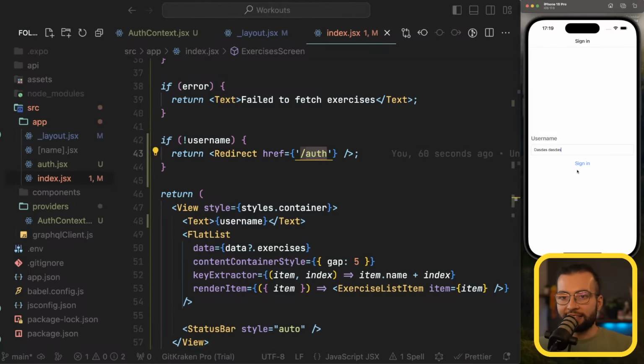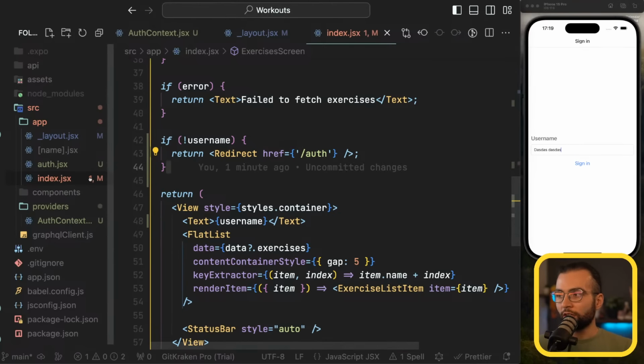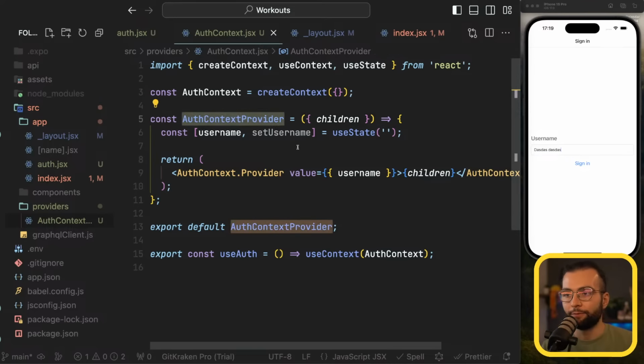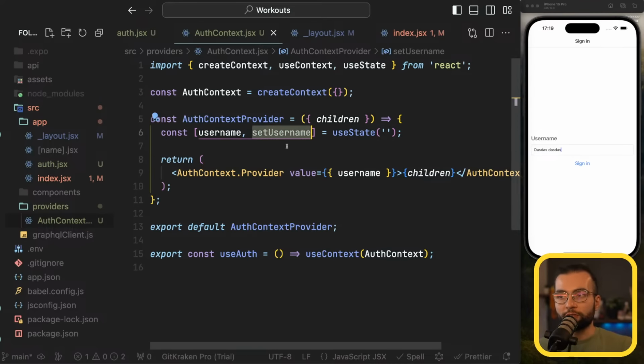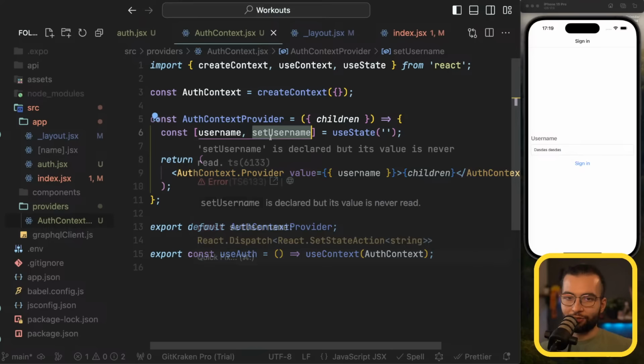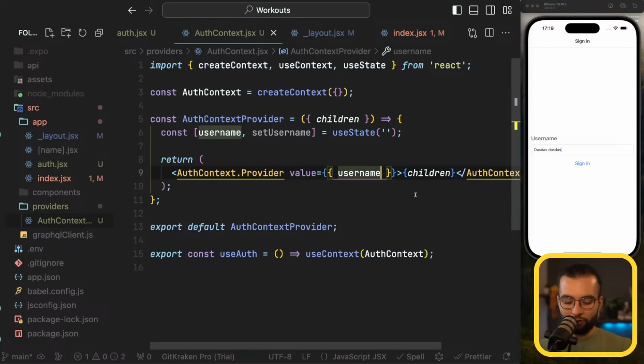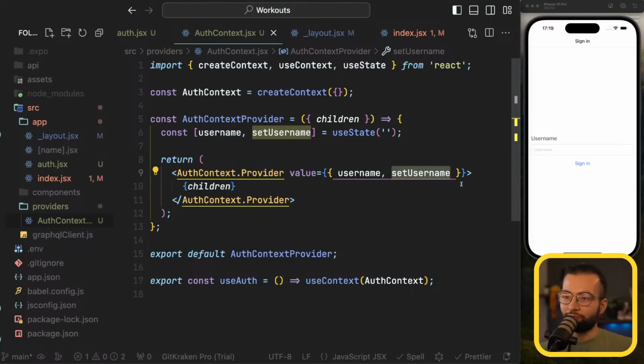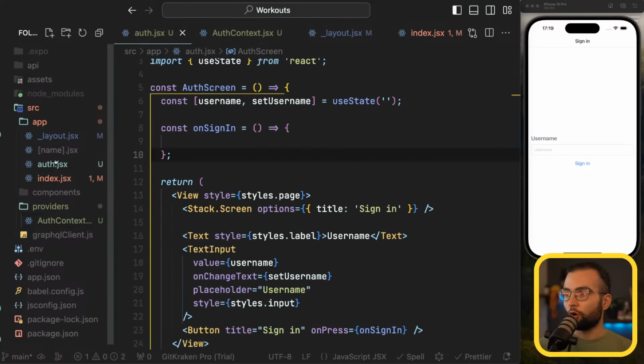Now when we write something here and press sign in, we want to update the username in the AuthContextProvider. To update the username, we need to call the setUsername, and to call this setUsername, we need to have access to it. To have access to it, we need to export it from this AuthContextProvider. We can export values and we can also export functions because in JavaScript a function is a variable. Now that we are exposing setUsername, let's go on the auth screen,